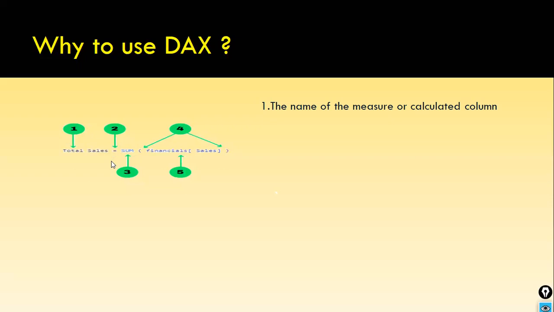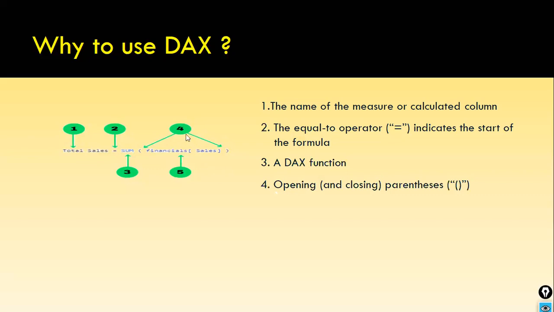The equal sign indicates the start of the formula, and followed by the equal sign, you have the DAX function. In this case, the simple function SUM is used. Sum of total sales. You need to use the open and closing parenthesis. Most beginners forget to mention either the open parenthesis or the close parenthesis. They start with an open parenthesis, mention sales, and forget to close it with the parenthesis. It will throw an error. Make sure that whenever you use a DAX function, you start with an open parenthesis and end with the closed